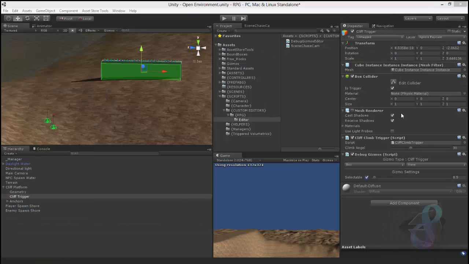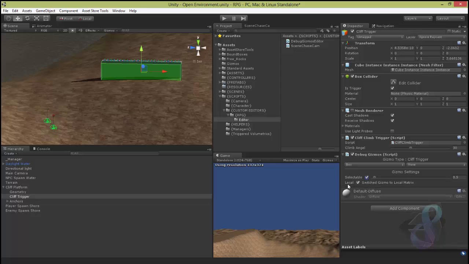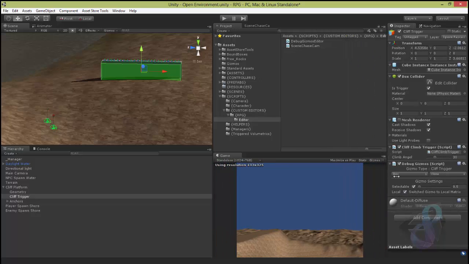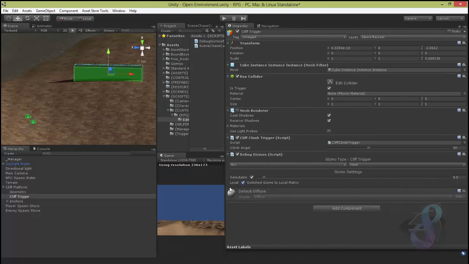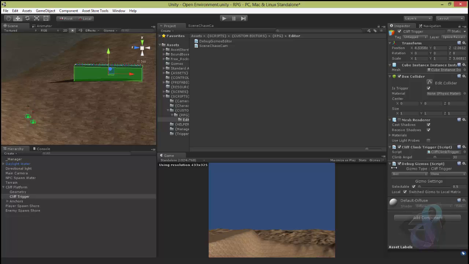So what we get is another boolean here that if we check, it says switched gizmo to local matrix. If we uncheck it, it says switched gizmo to world matrix, and it's set to stretch, so we get this. Okay, these two stay at the same position, but this one is stretched, and